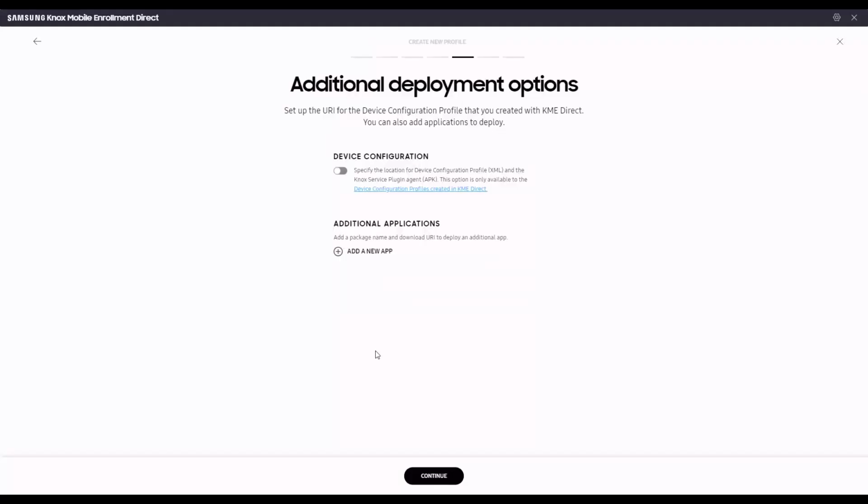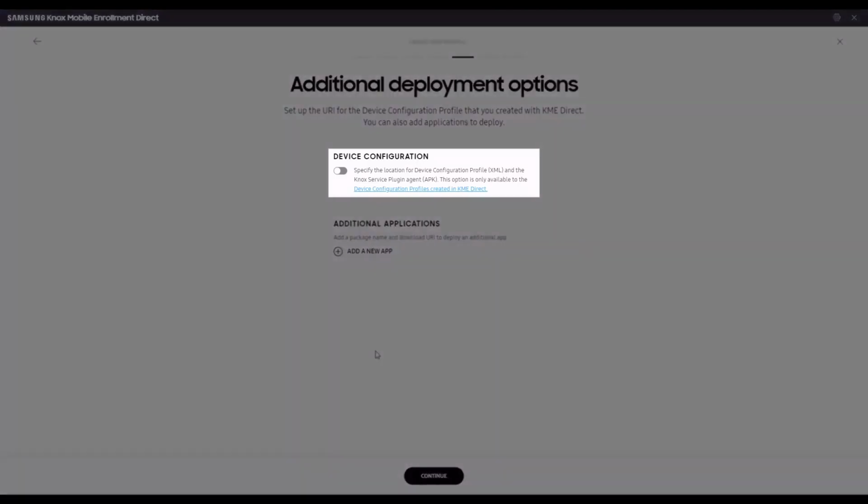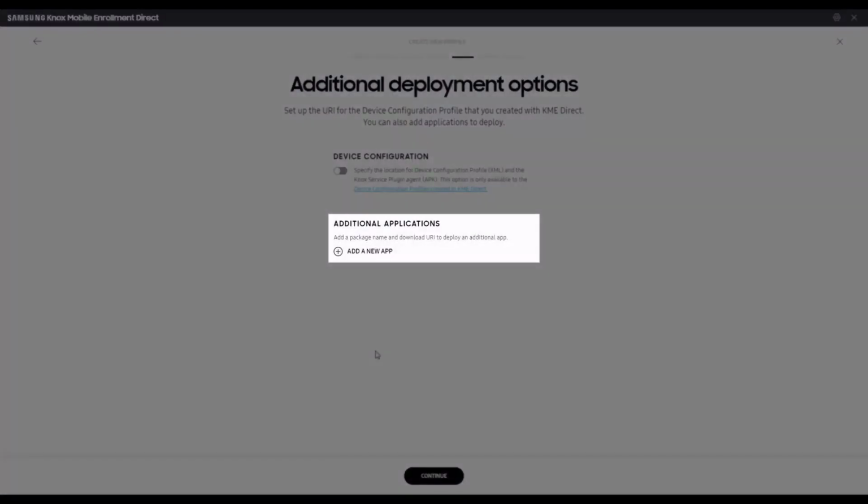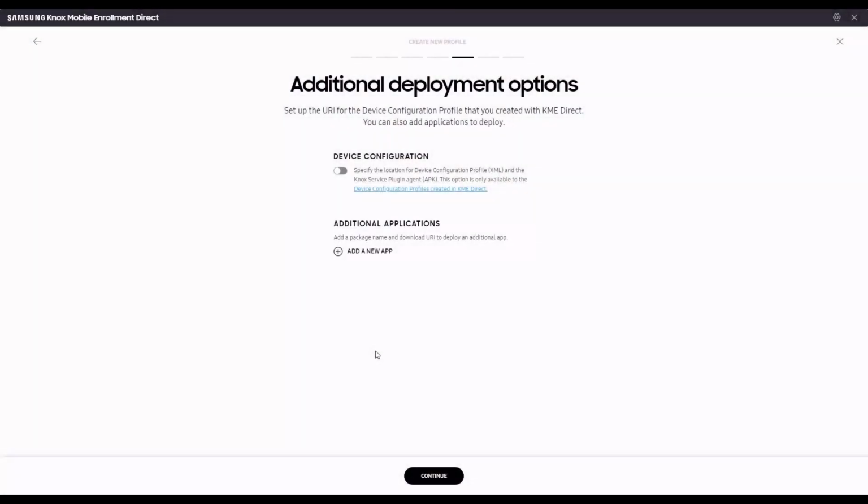Now, on the Additional Deployments options screen, configure the following settings: device configuration and additional applications. In the local server URI for a device configuration profile field, enter your XML address. This is the location on your relay server where you've created and saved the device configuration profile. This is from where target devices can download the XML file. This URI can start with http://